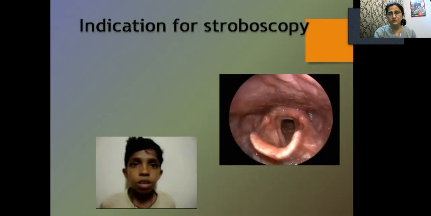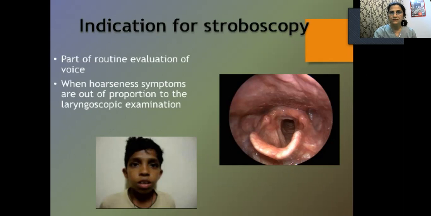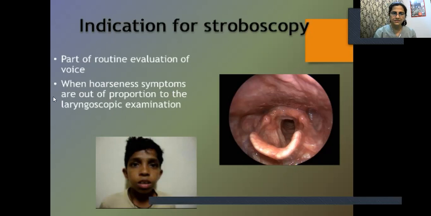What are the indications for stroboscopy? Stroboscopy actually is part of a routine evaluation, but it is most effective when you have a patient with hoarseness which is out of proportion to the routine laryngoscopic examination. And in this case, you only